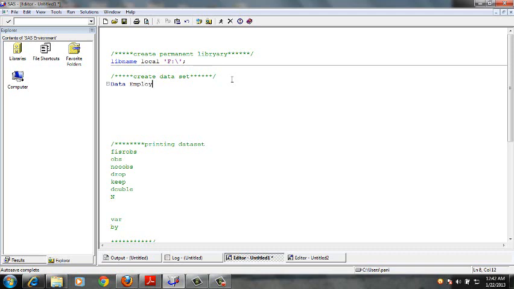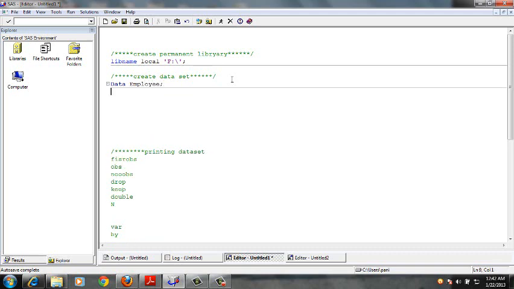Employee. Then what are the variables I want in the data set? For that I write input. I'll give employee ID, this is my first variable. The second variable is name. I want employee name. Since name is a character variable or a string variable, I have to put a $ sign